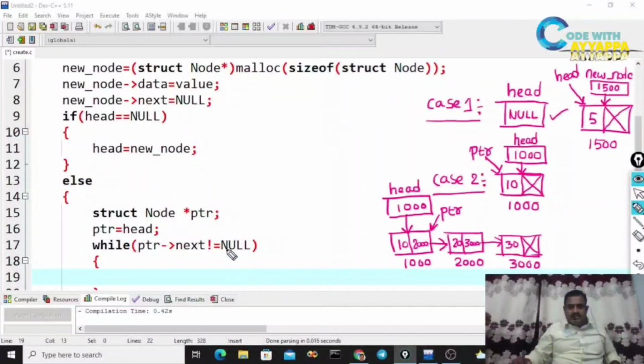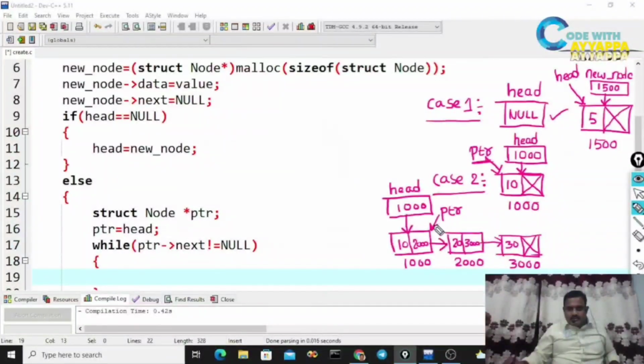So ptr next not equal to null, then only it will start the execution. In this case ptr will stop here only. Why? Because this is the last node in the linked list. This is the first node and also the last node, because the linked list contains only one node.